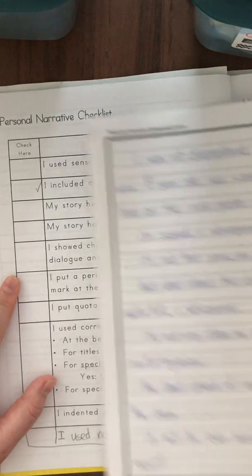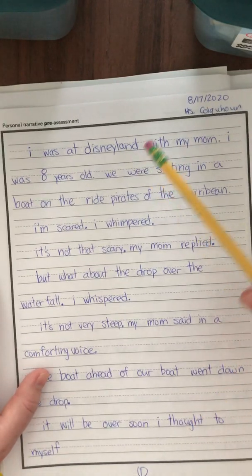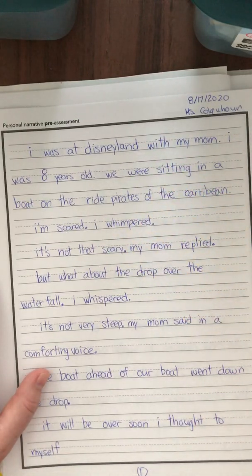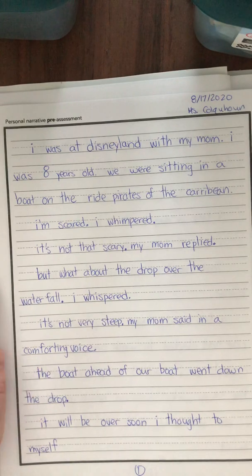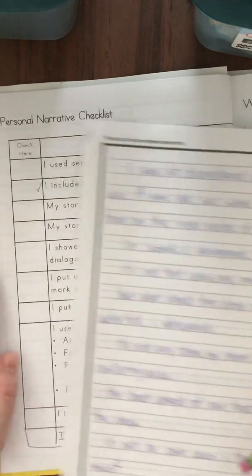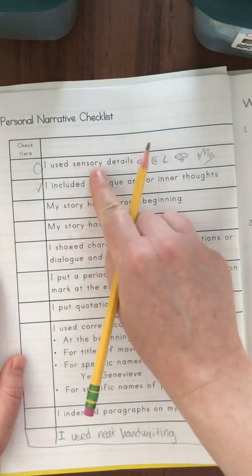And when I looked at my story, I don't think I did a really good job using sensory details. For example, when I started describing the ride Pirates of the Caribbean, I didn't really describe anything that I was seeing around me or hearing. I really didn't describe my environment very much. I could have gone into a lot more details. So I'm just going to put a little circle here